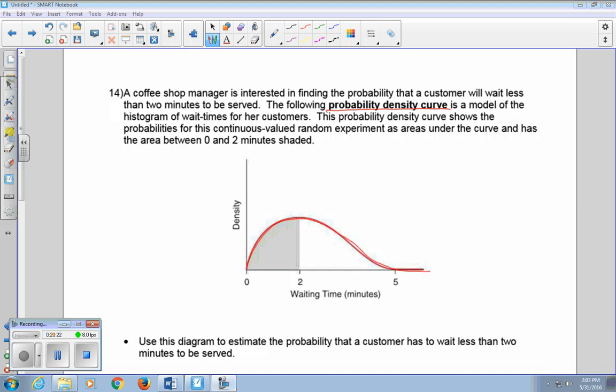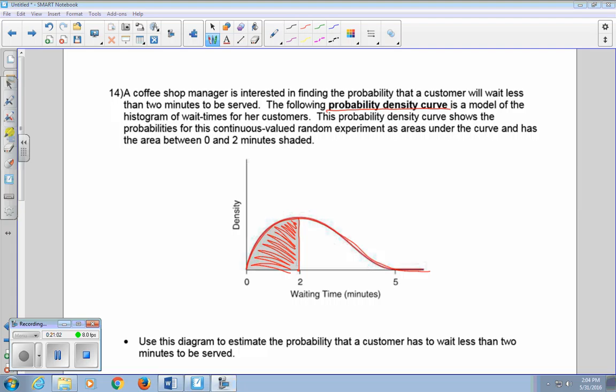So we have this nice smooth curve to work with. This probability density curve shows the probabilities for this continuous valued random experiment as areas under the curve and has the area between 0 and 2 minutes shaded. So down here, we're looking at the shaded time, which is just telling us what this area here is: the probability that a person will have to wait between 0